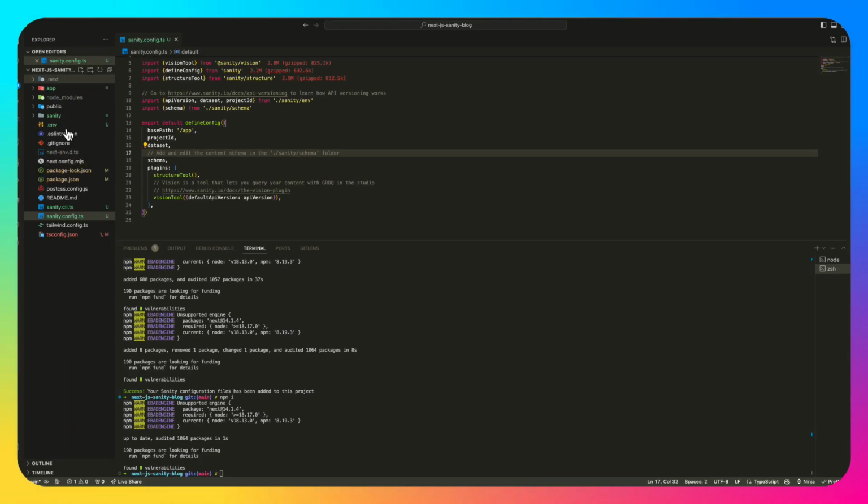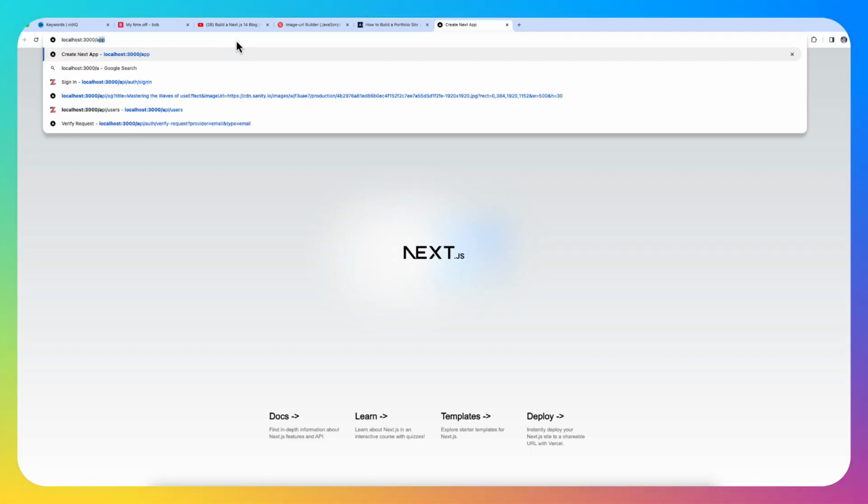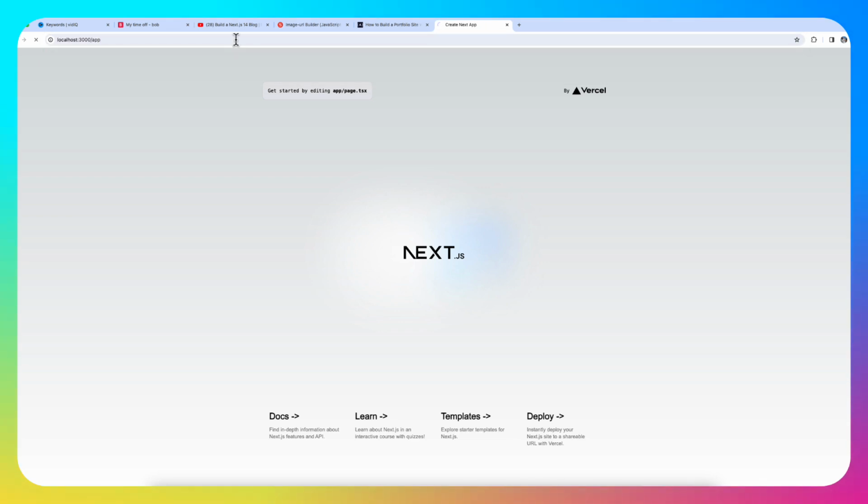Okay, now that's done, I'm just going to show you how to access your Sanity Studio. Now within the sanity config.ts file, you'll see the base path. That will just be the base path that you'll access your Sanity Studio from. So mine is /app. So if I add that to the URL, I'm going to see